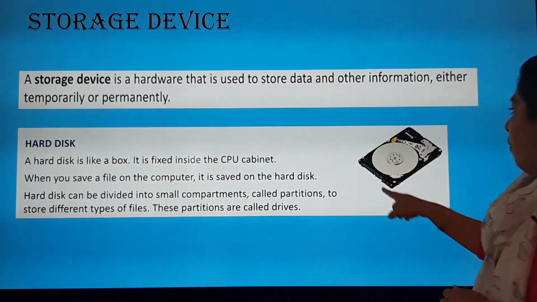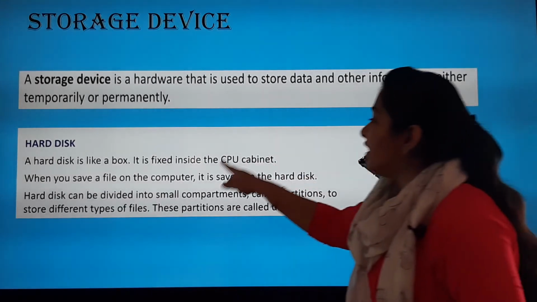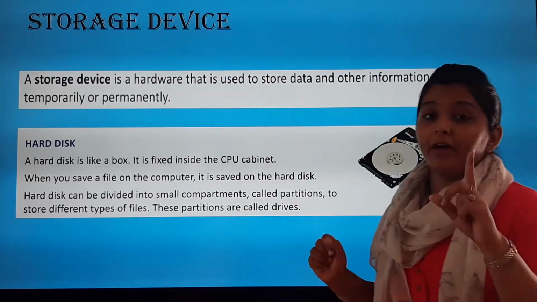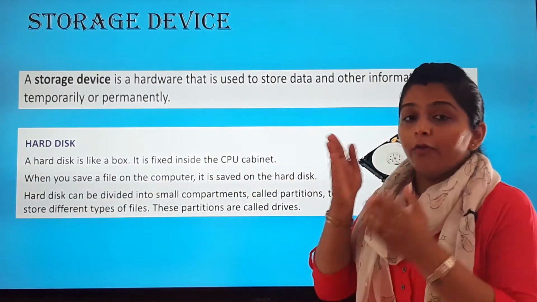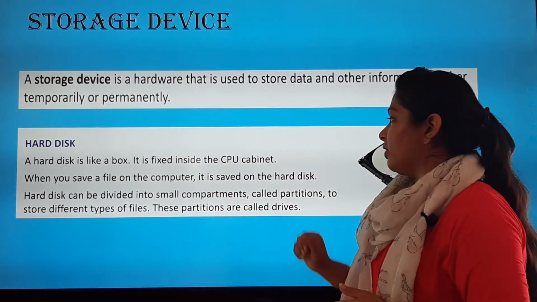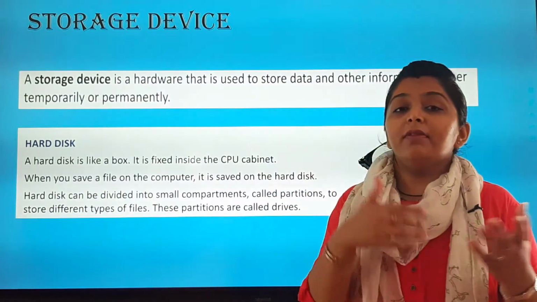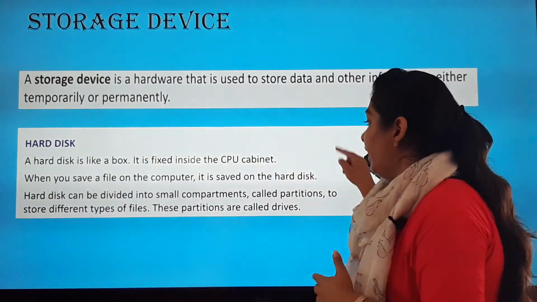It is like a box. See, it looks like a box. It is fixed inside the CPU cabinet. I have shown you what is a CPU cabinet. वो उसके अंदर fix होता है. When you save a file on the computer, it is saved on the hard disk. जो भी हम काम कर रहे हैं and when we are saving it on the computer, it is stored on